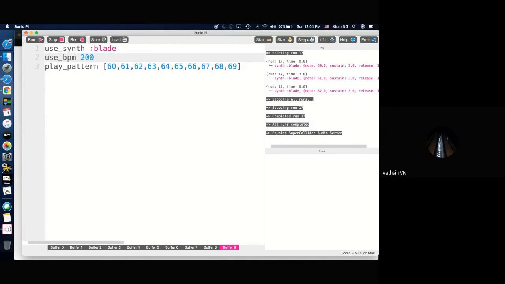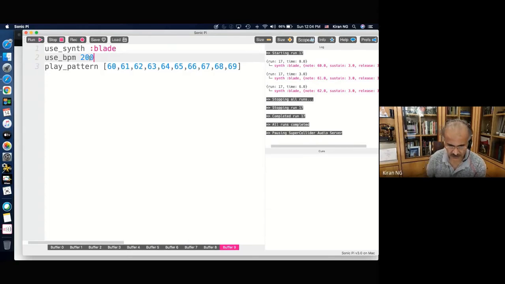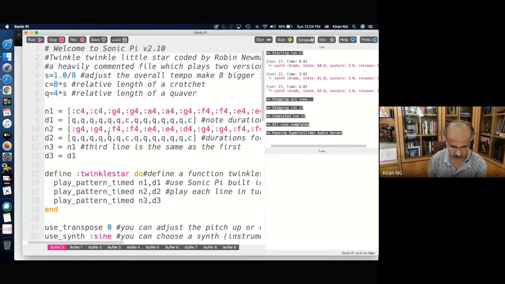Sir, if you want to really customize it yourself, then you can't do it using play pattern. You have to use different techniques, which is what they have used here. For example, since you're asking, I'm going to tell you. Look at this. Instead of 60, they are using directly